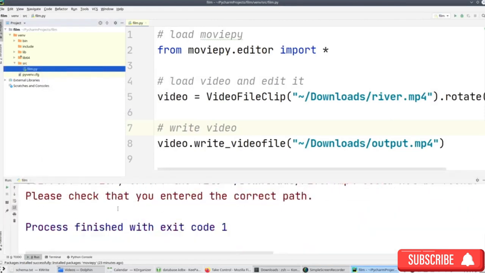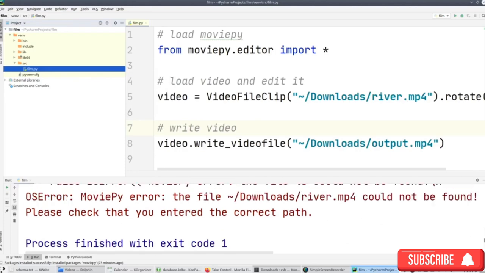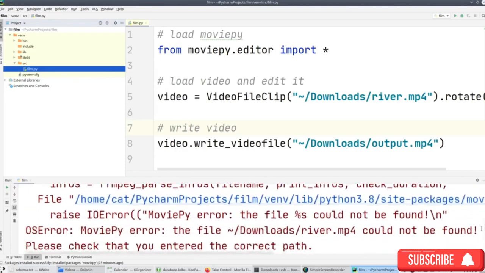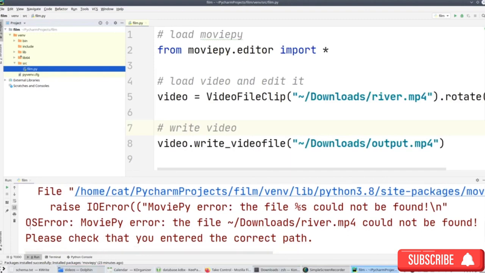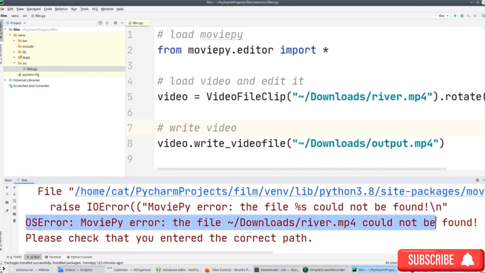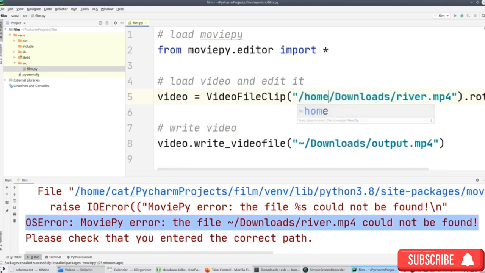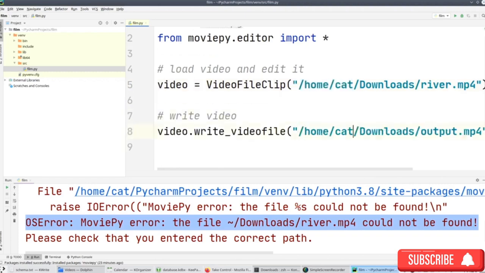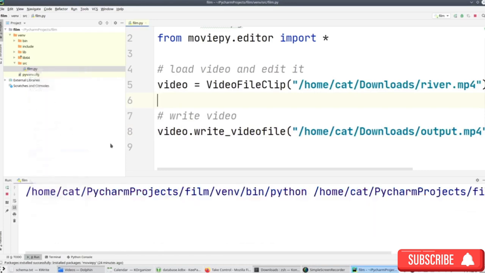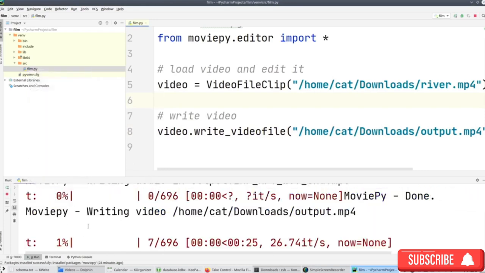So now you'll see it starts the program, and in this case the directory is not right. You can see the error it's throwing. The file could not be found. So you want to make sure that the file path is correct, otherwise it won't do anything. And in my case that's the correct path. If your path is not correct, it will just show the error. So right click on it, run, and when it's running you'll see it outputs